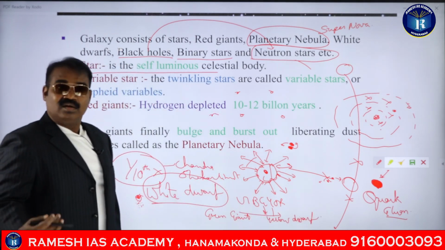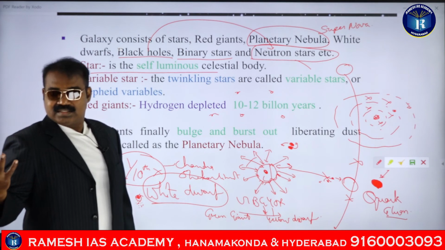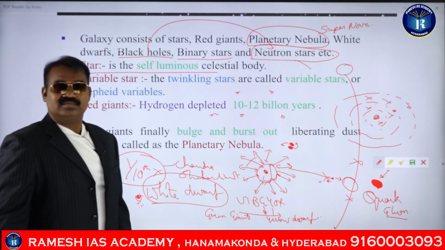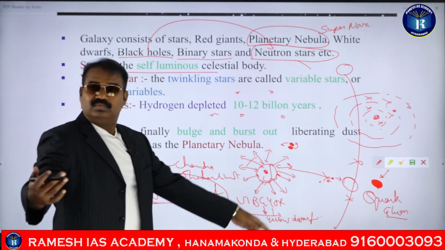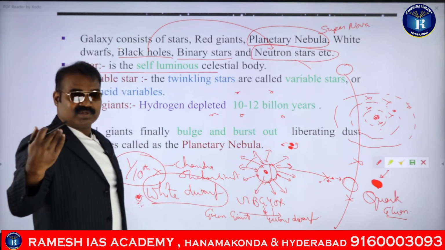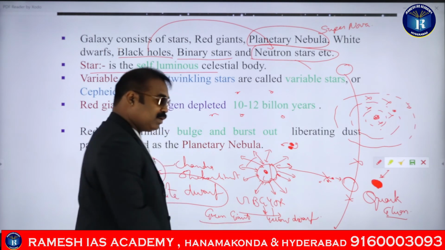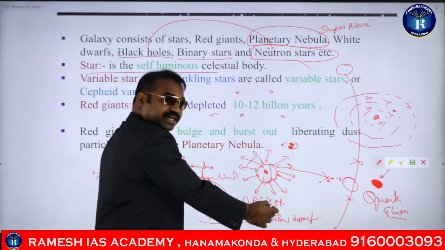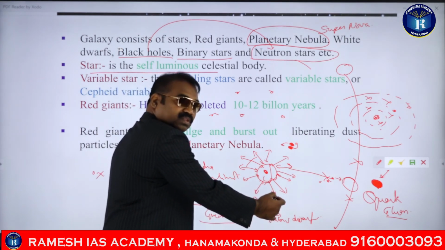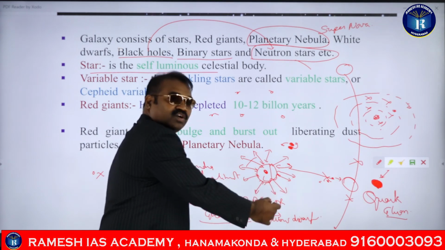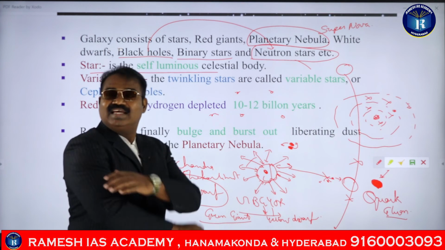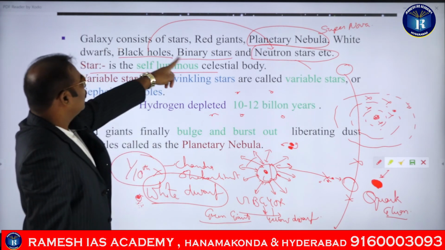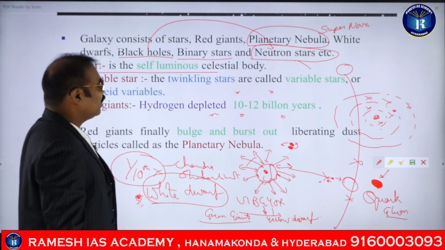So our sun, what is its age, guys? 4.2 billion years, right? So after 4 billion years, some people are telling that our sun may be the green giant or the yellow dwarf. Then it becomes yellow giant, then orange dwarf, then orange giant, then red dwarf, then red giant, and then our sun will be exploding, guys. Clear? So this is related to the neutron stars, right? Yeah. Then comes